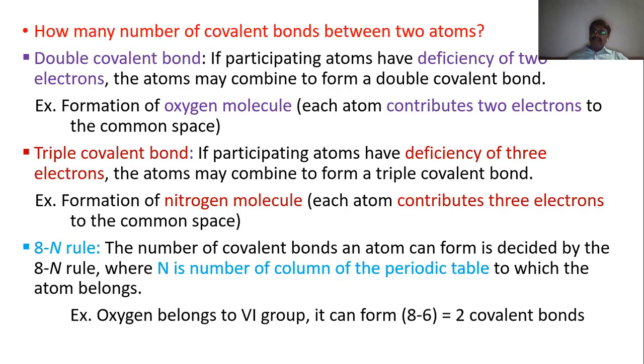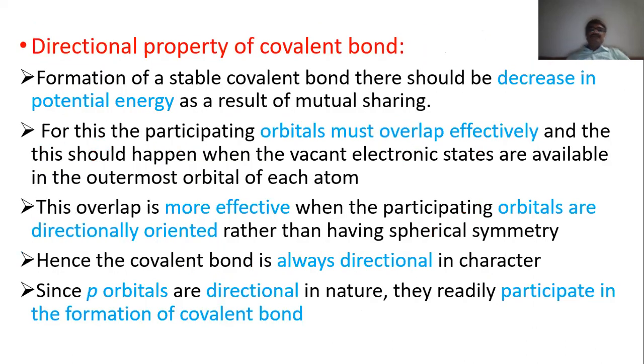So 8 minus 6 equals 2 covalent bonds. Now, the important thing is the directional property of the covalent bond. Okay, now, formation of a covalent bond, a stable covalent bond. If a stable covalent bond is formed, then there is a decrease of potential energy as a result of mutual sharing